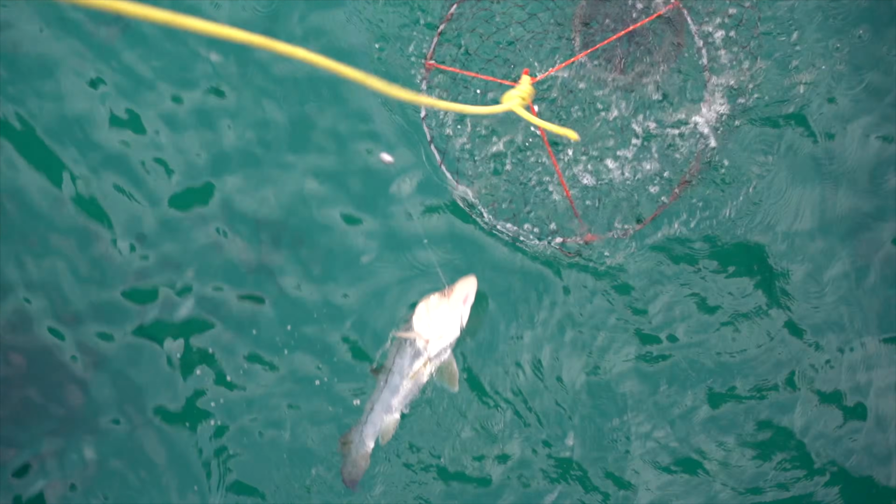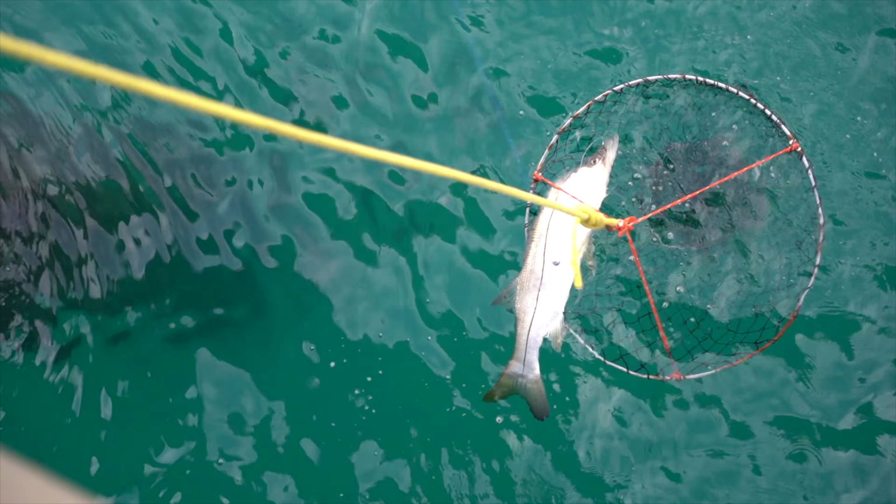If you're ever on structure, let's say you did not keep up with the fish and the fish is tangled around the piling or something like that, don't pull with all your might expecting the fish to come out just because you're pulling really hard. A lot of the time, actually loosening up and giving the fish a second to swim back around the piling is a better method. A lot of times just having that little bit of patience and watching, seeing what the